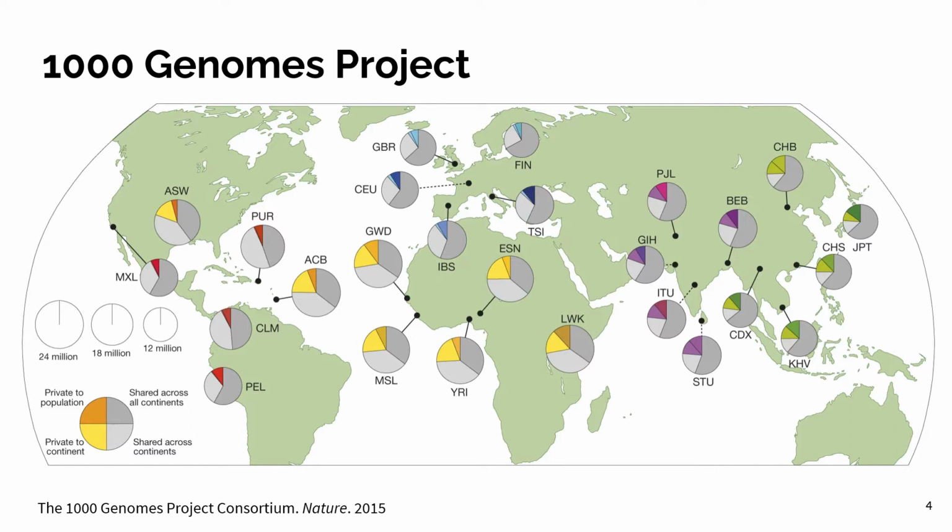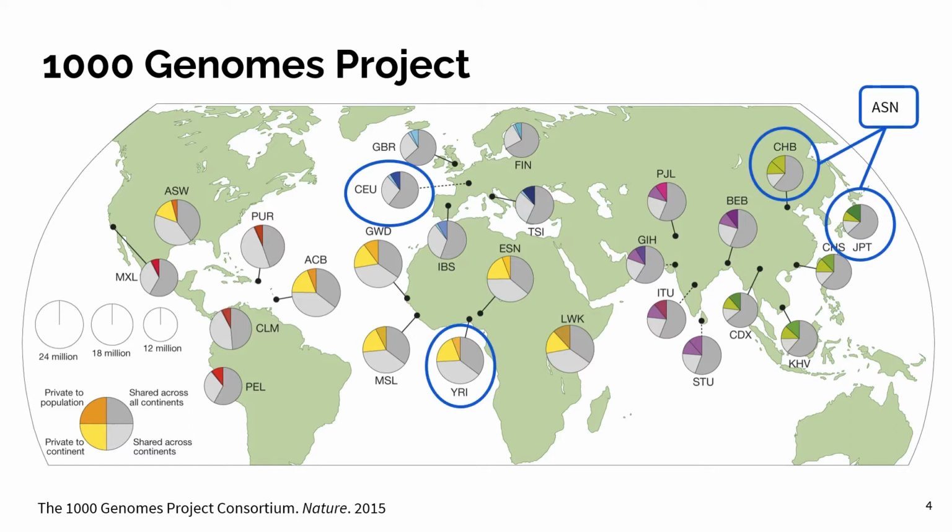So we looked at a Yoruba population, a Central European population, and an East Asian population comprised of Chinese and Japanese individuals. And genetic research also just has a lack of diversity, with the vast majority of studies being conducted in European populations. So we also want to try and bridge this gap and include more diverse populations in our